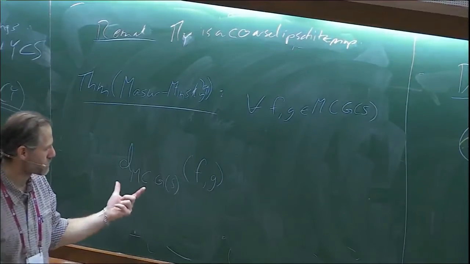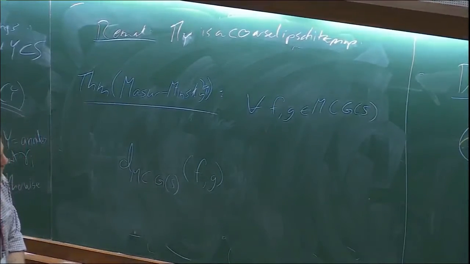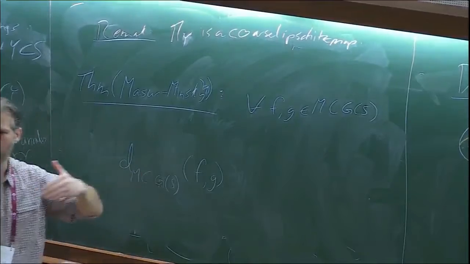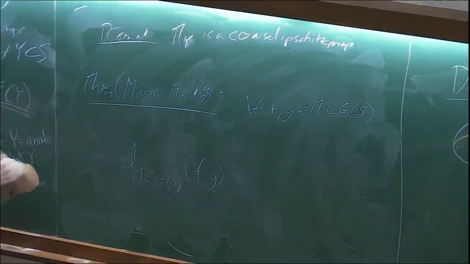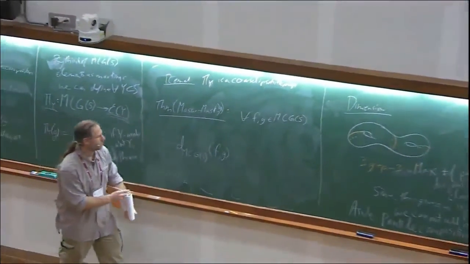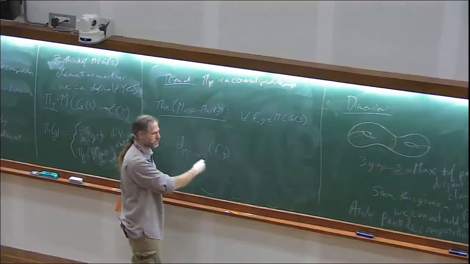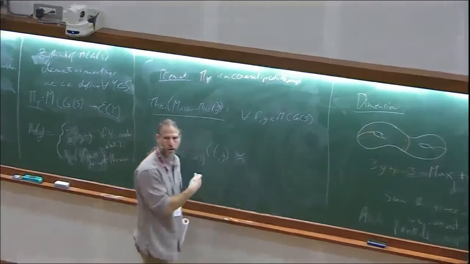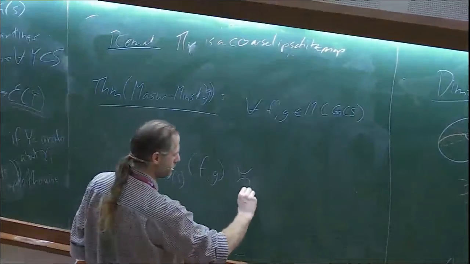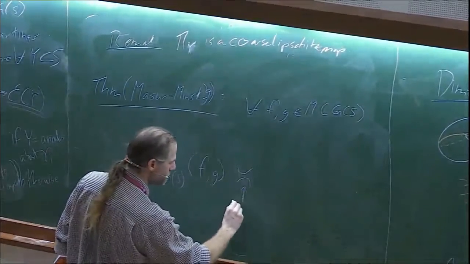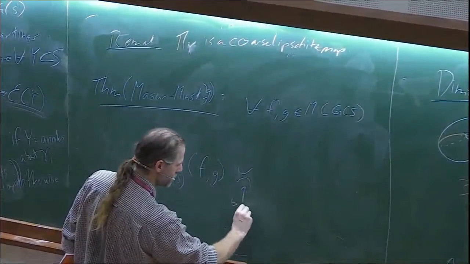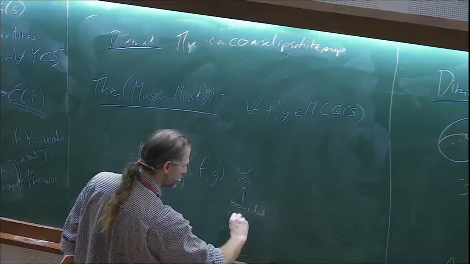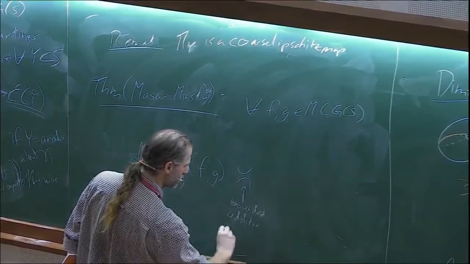Any two word metrics give you quasi-isometric distances. Quasi-isometric means that it changes distance by a uniformly bounded additive and multiplicative amount. So that's the best we could ever tell: this distance up to bounded additive and multiplicative error